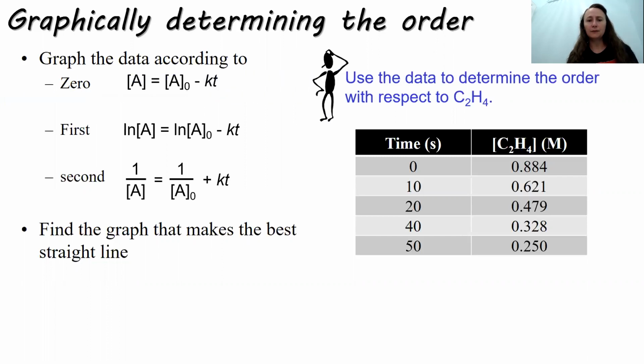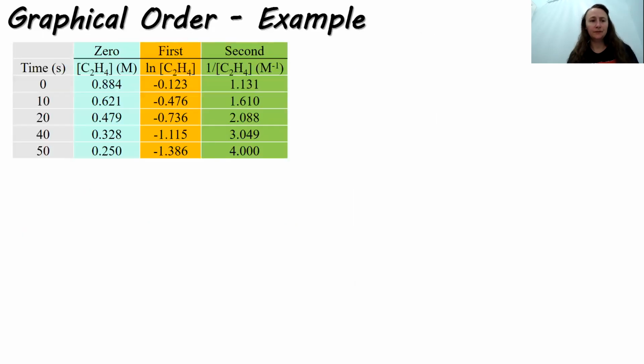So we have an example where we have this data where the concentration has just been measured over time. So we're going to find the graph that makes the best fit. So here's that data again, time and concentration. So recall that